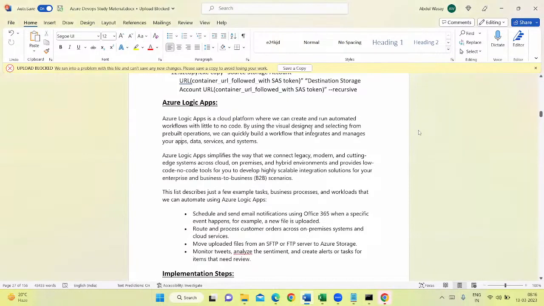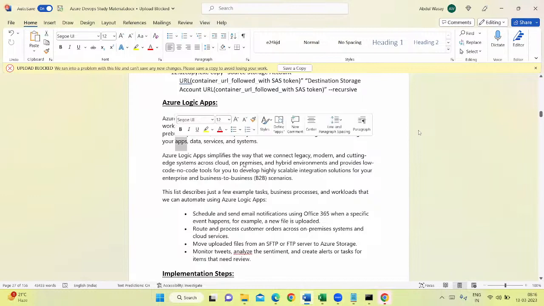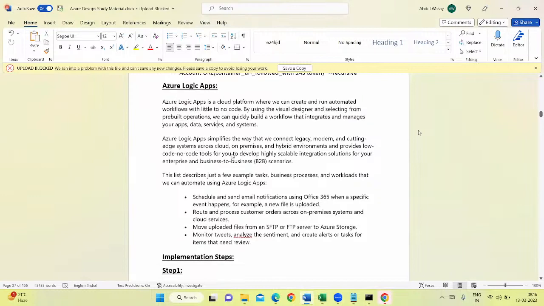By using this visual designer and selecting from pre-built operations, we can quickly build a workflow that integrates and manages your apps, data, services, and systems. Azure Logic Apps are the way that we connect legacy, modern, and cutting edge systems across cloud, on premises, and hybrid environments, and provide a low code to no code tool for you to develop highly scalable solutions for your enterprise and